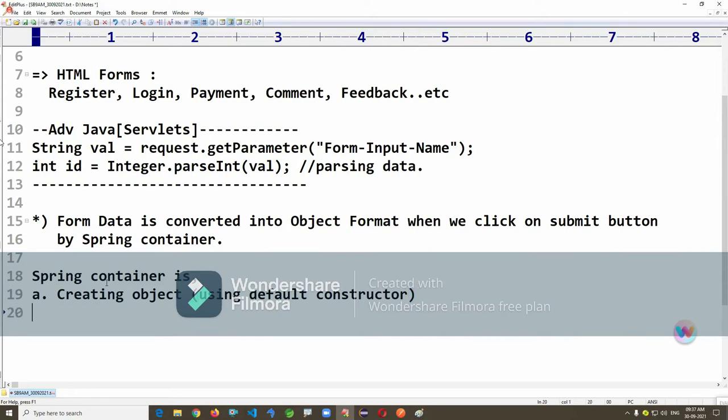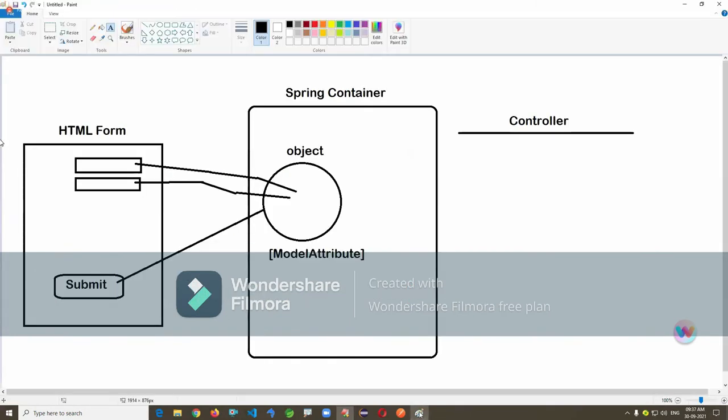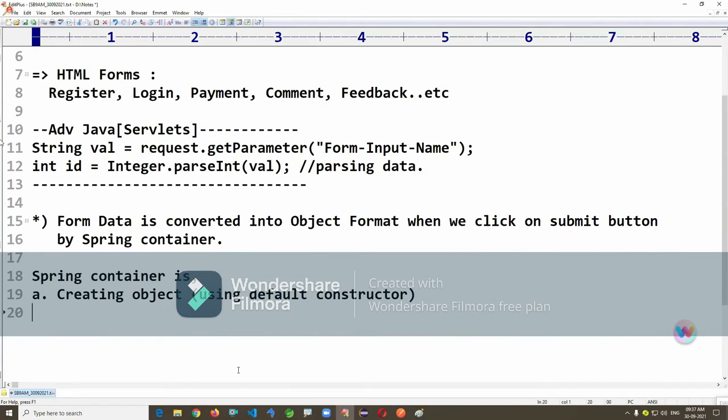Okay, so the Spring Container first creates the object. Step number two, read data from form input.